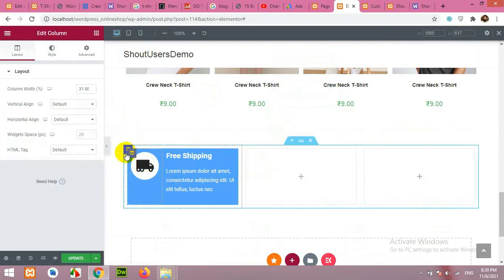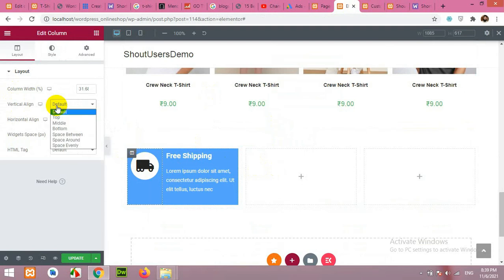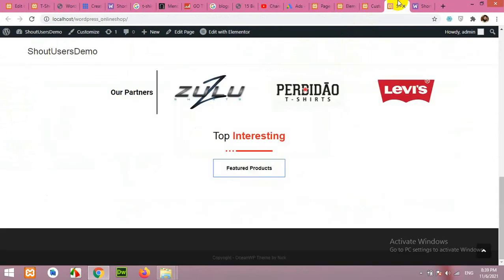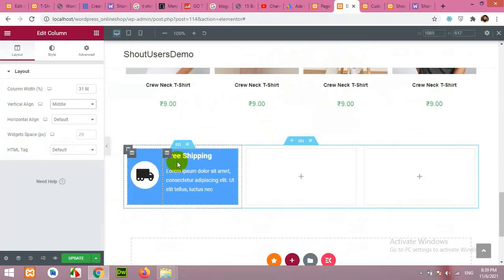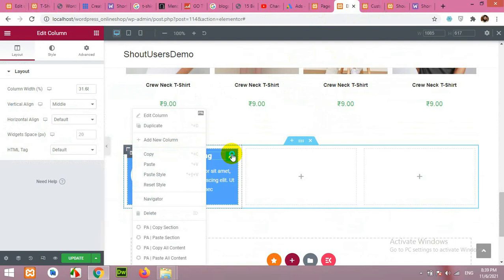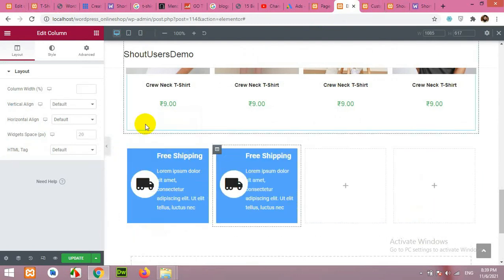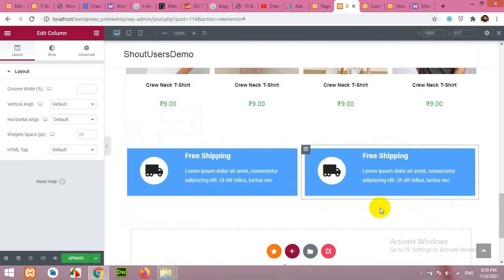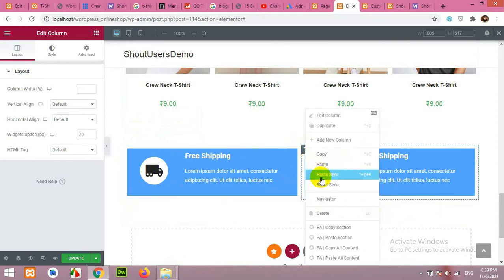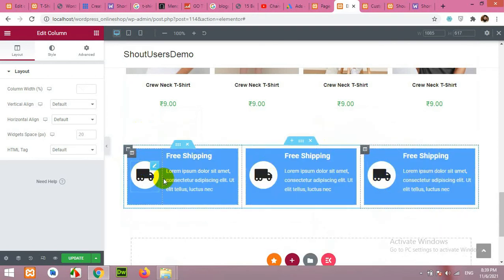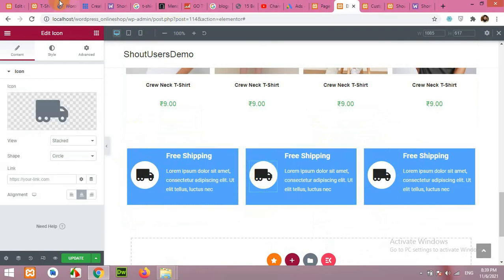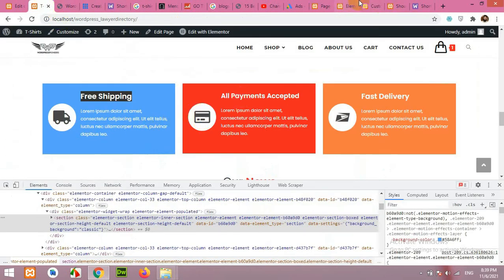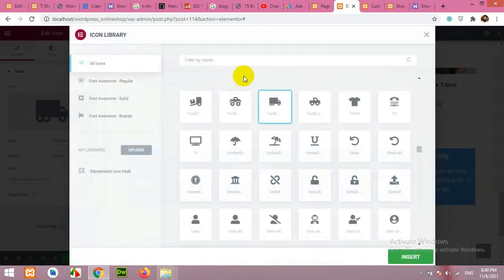Okay, now choose this column and in align vertical choose middle, so it looks exactly like this. Now copy this, duplicate this column and remove other two. And we have three columns now. Now change icon for this one. It is credit card item icon, so change it to credit card,